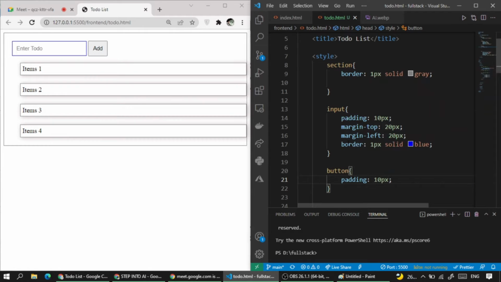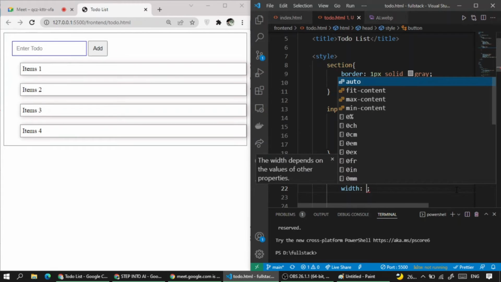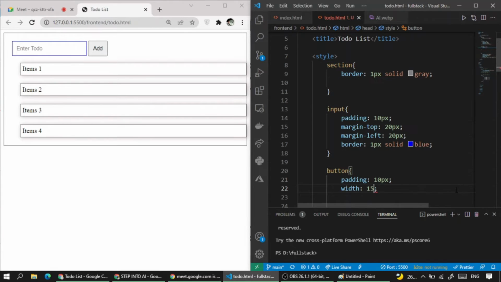Again 10 pixel here, and I can make padding top and bottom 10 pixel. I want to make it much wider. So the first property is 10 pixel like this. And you can explicitly add width as well. So you can change the width of any item. Let's say I wanted to change the width to 150 like this,